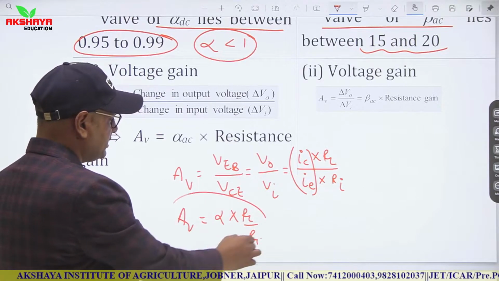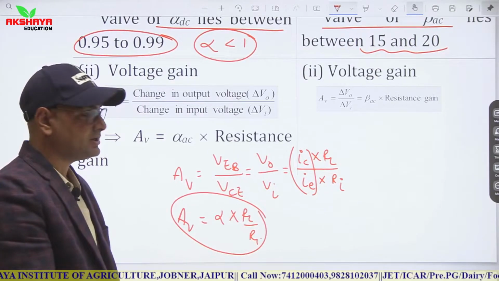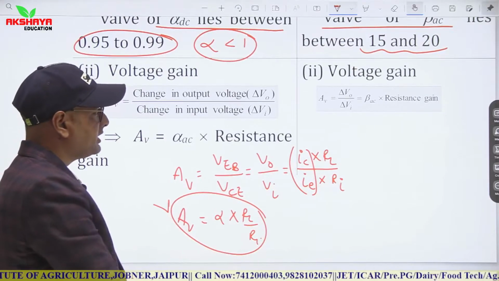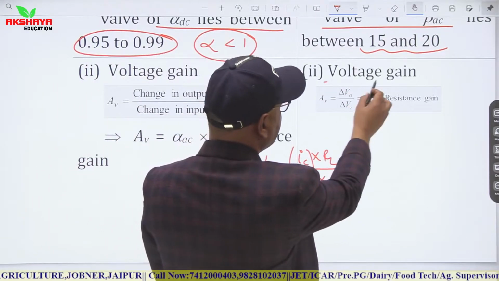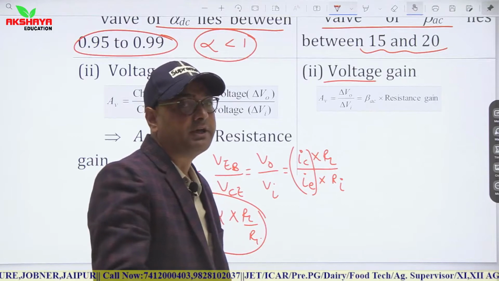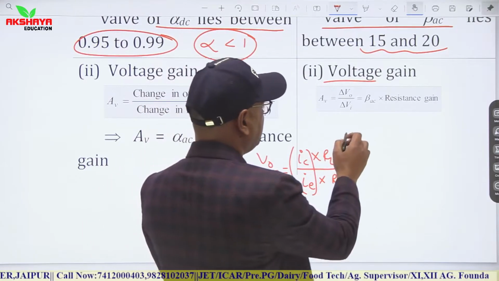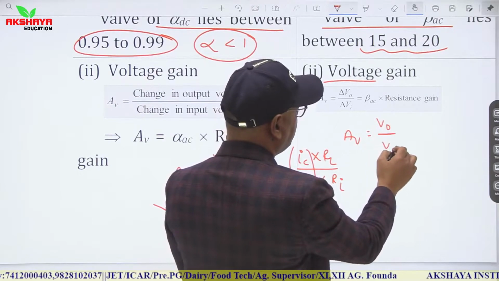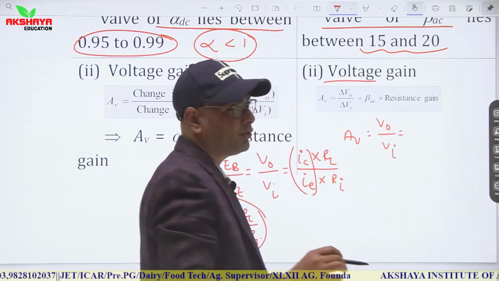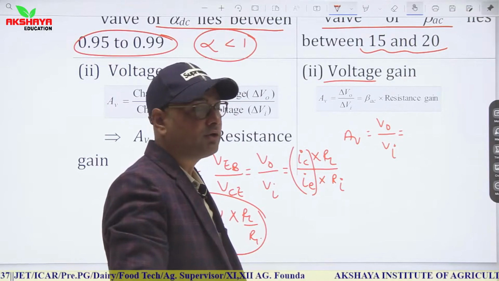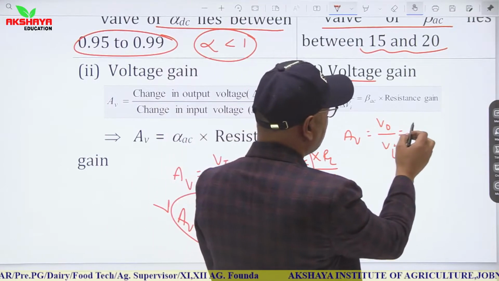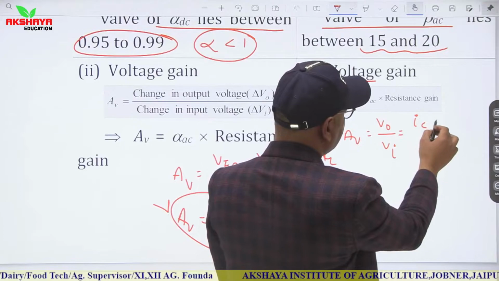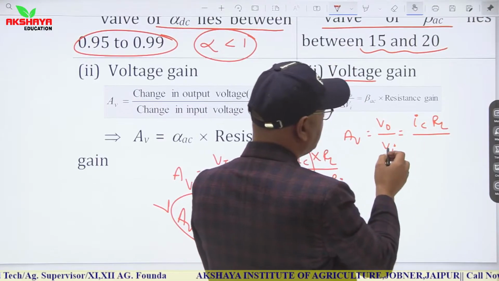So this is the general concept of voltage gain. Similarly, if we talk about voltage gain in CE configuration, common emitter configuration, then again we will use the same concept, output voltage upon input voltage. Here output voltage is acquired at the ends of load resistance, which is RL, while current is again IC, so it is IC RL upon base voltage.